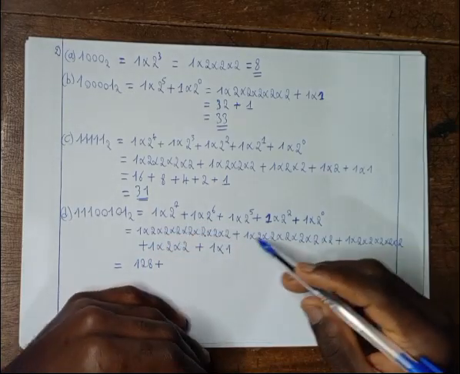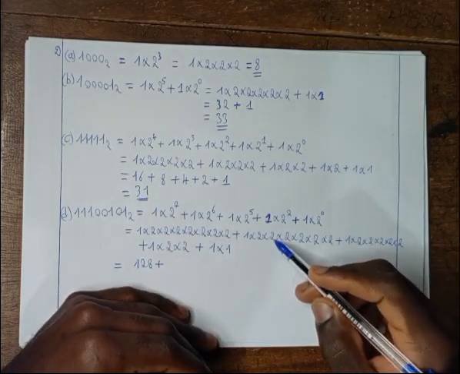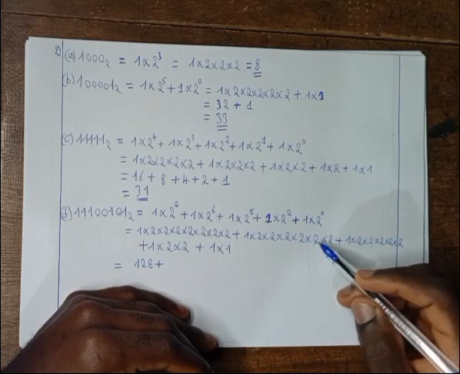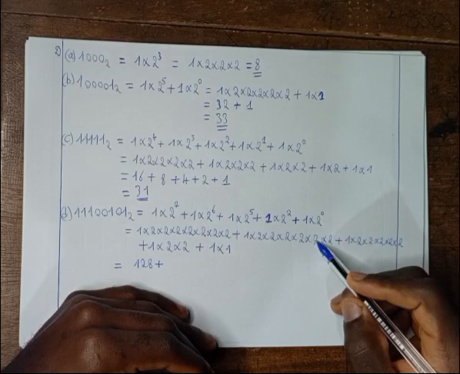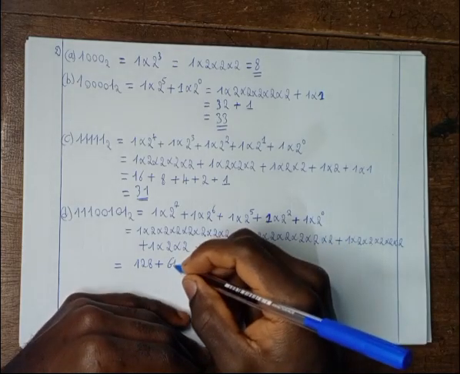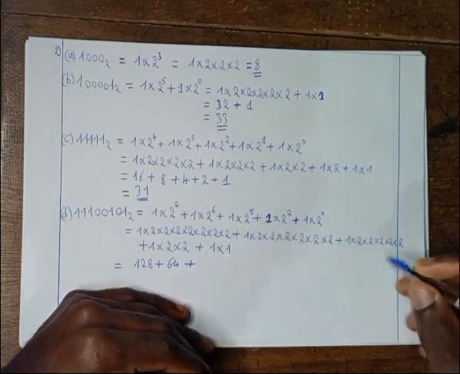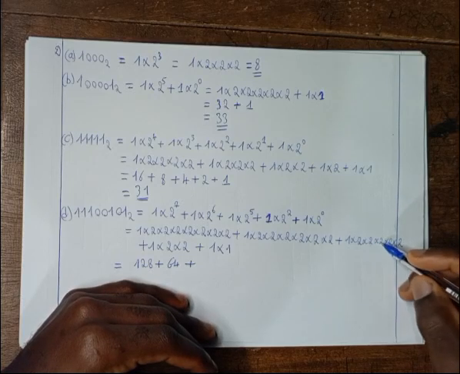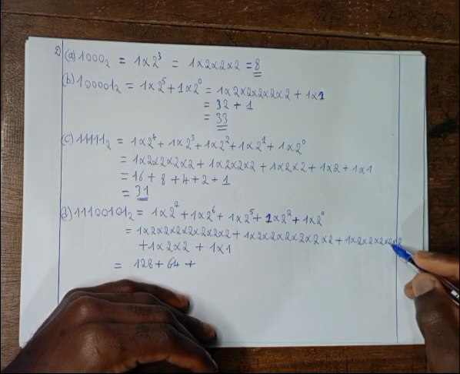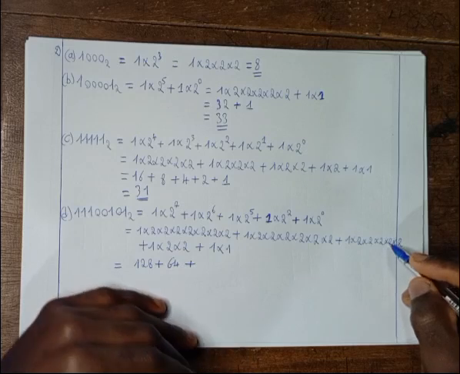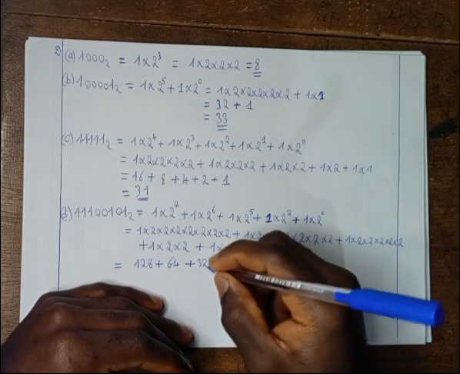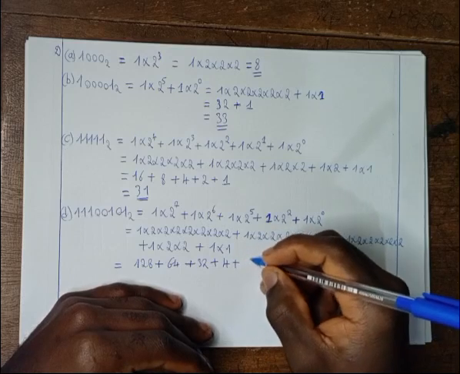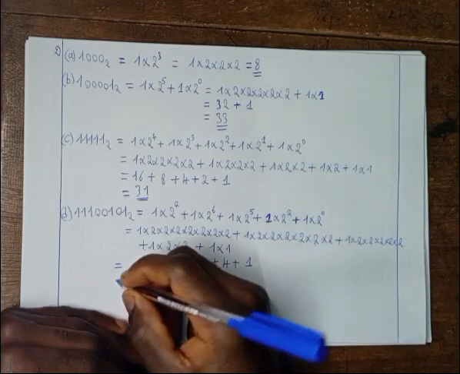Plus this will give us 2 times 2 gives 4, times 2 gives 8, times 2 gives 16, times 2 gives us 32, times 2 gives us 64, plus 2 times 2 is 4, times 2 is 8, times 2 is 16, times 2 is 32, plus 2 times 2 gives us 4, then plus 1 times 1 which is 1. This will give us